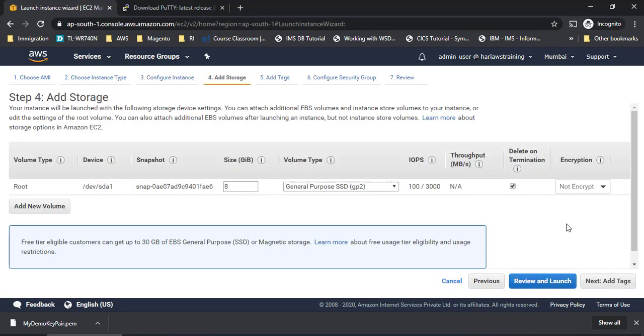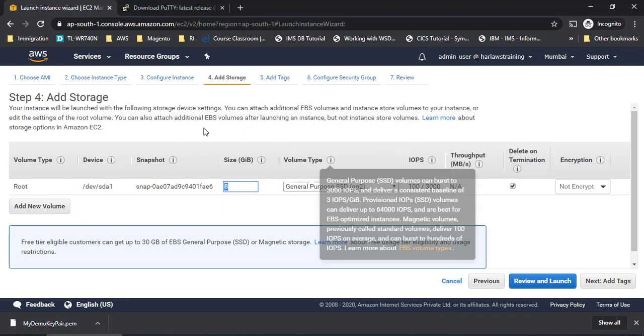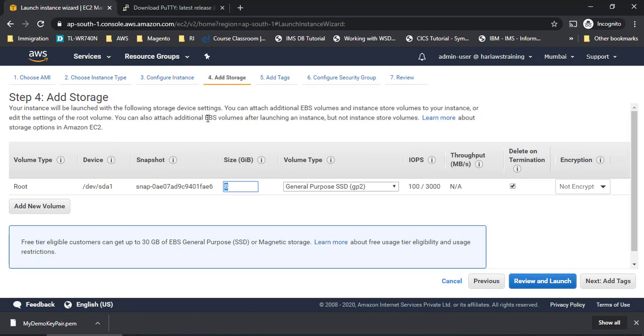For every server we need to have storage, right? So by default we will have a storage size of 8 GB for this particular instance. We can increase it up to 16 terabytes. That is the maximum size you can have for a server. Okay, so for now I am not going to change anything, but this space is called EBS. EBS is nothing but Elastic Block Storage. Okay, treat this as a hard disk. Whenever you have a system of your own, you also ensure to have storage for that particular thing, right? In a similar way, EBS also works.